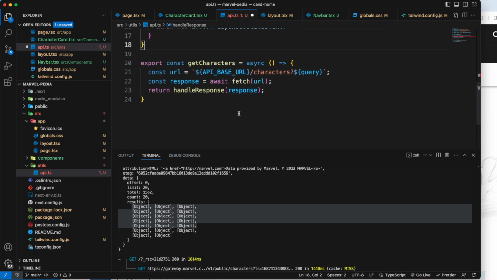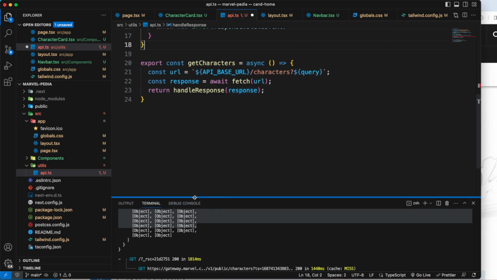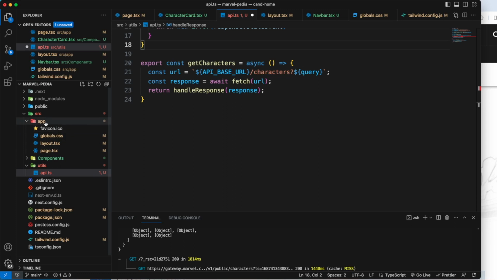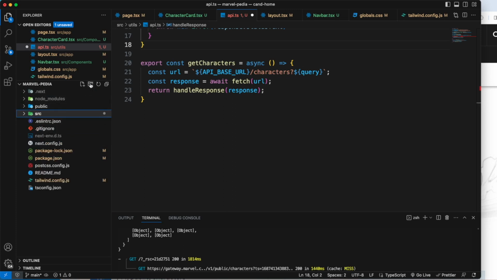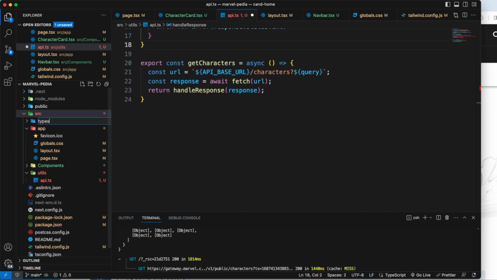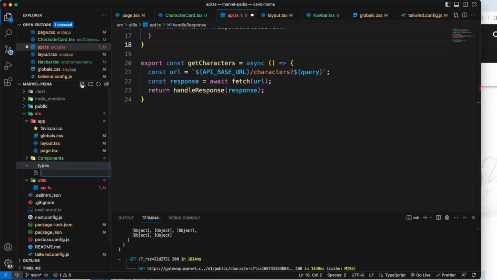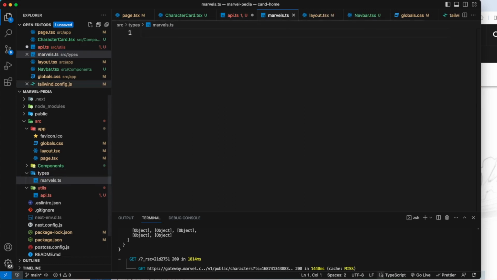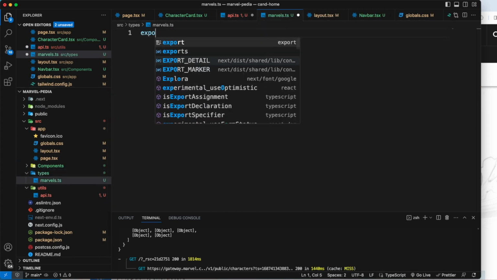So now I'm going to create a type. Inside the source, I'm going to create a file called types, and inside this types I'm going to create marvels.ts. Okay, so in here I'm going to say export